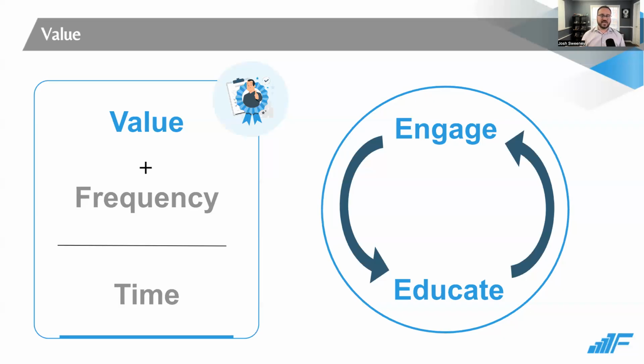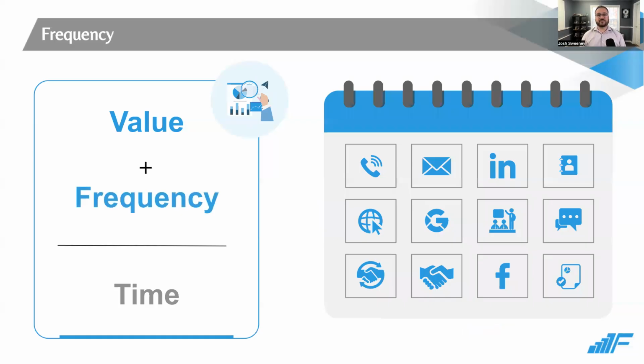So now that we understand value, with some real world examples of how we can provide value, let's go to the next part of the equation, which is frequency. Let me give you a scenario. You're at a networking event and you get introduced to someone who has a service that you're interested in. You're like, hey, sounds like a great service, I'm really interested in what you're providing, but you don't need it at that moment. Then about 3 months later, something changes in your business.